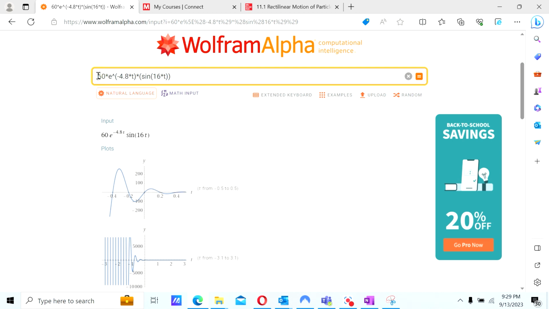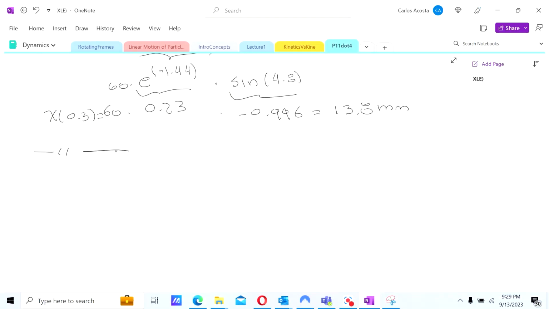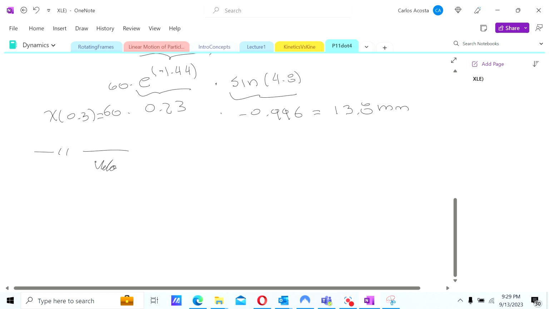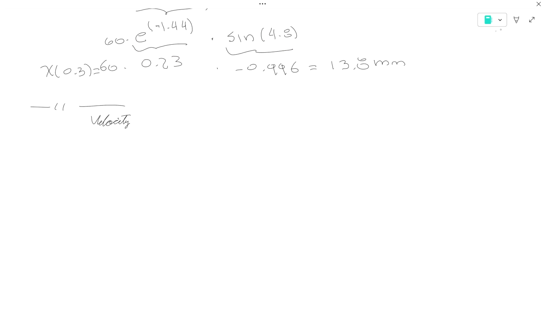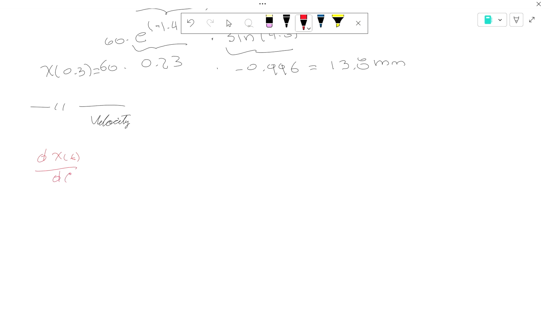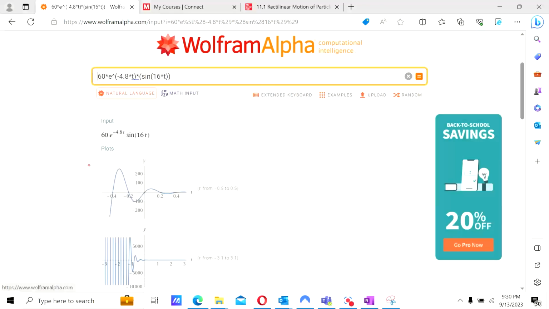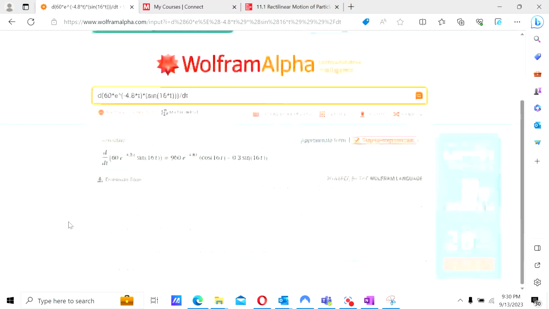All right, so now we're gonna need the velocity. And the velocity will be the derivative, we know this, right, of the distance with respect to time. So the derivative is going to be basically d/dt of the function, and the derivative is